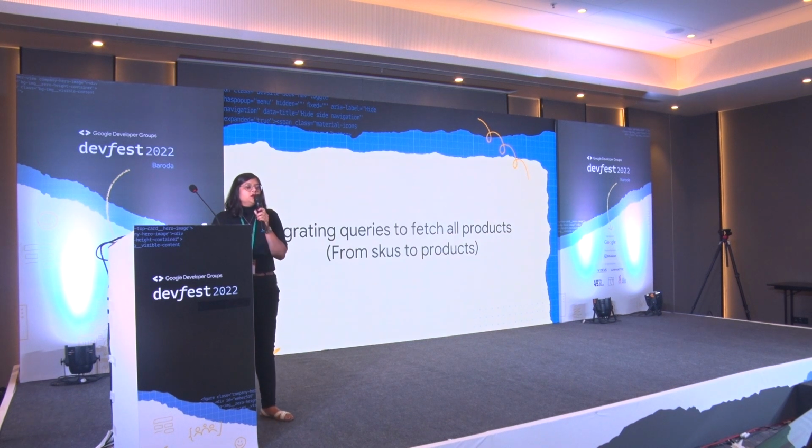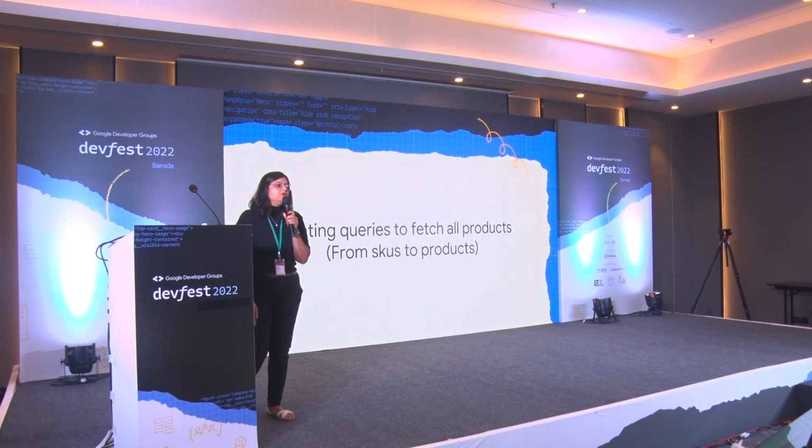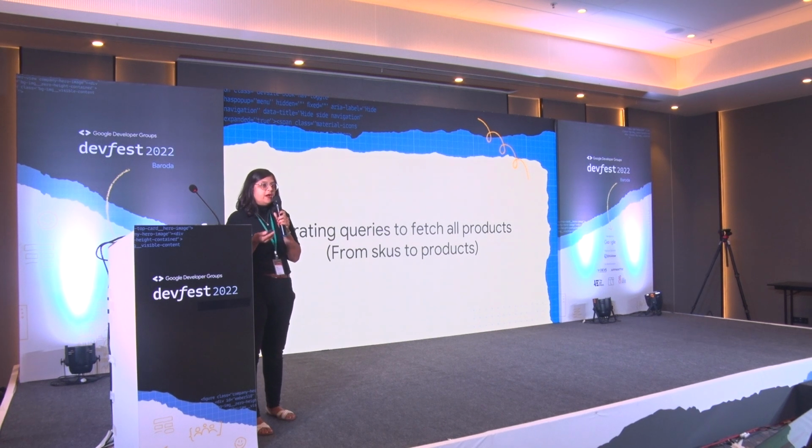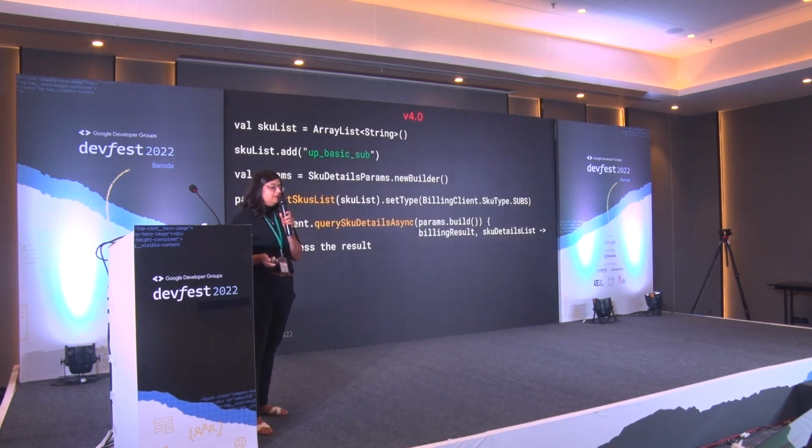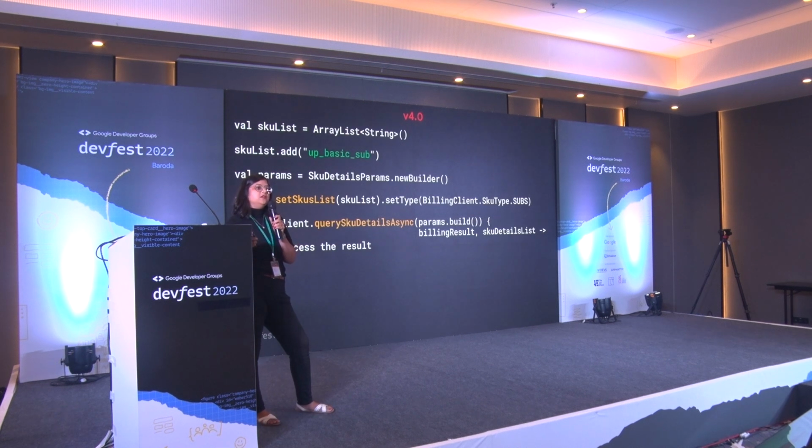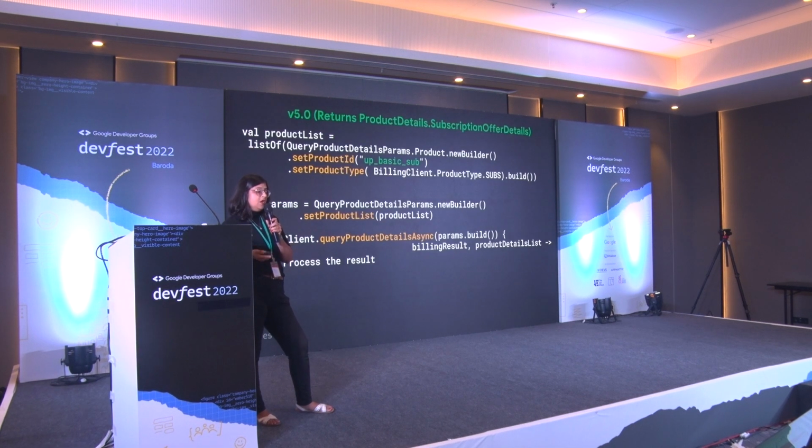Let's say your user is using your app for the first time and you want to show the list of all the subscriptions that are available to that user. How do you do that? You do that by fetching all the products that you have to offer, all the subscriptions that you have to offer to the users. Now, this is the conventional way of doing things, where you pass the list of SKUs, the product identity IDs that you have stored in your app, you have placed in your Google Play library, and then you call an async task. But with the new version, you